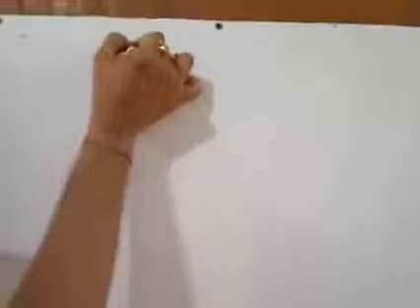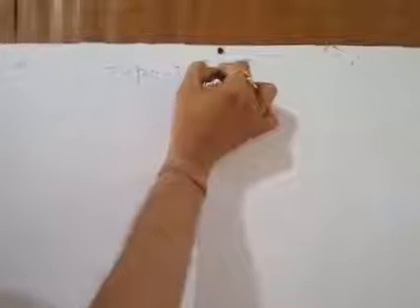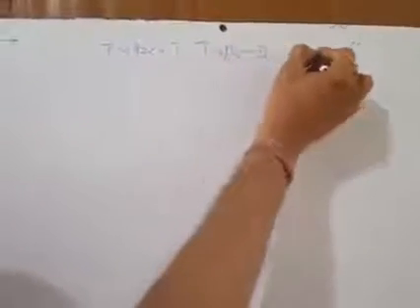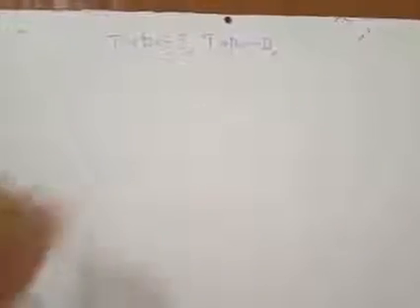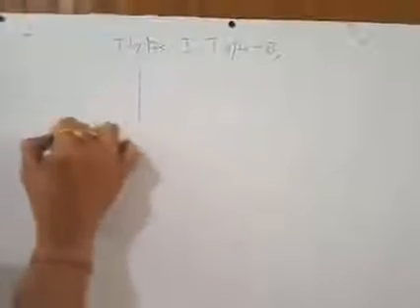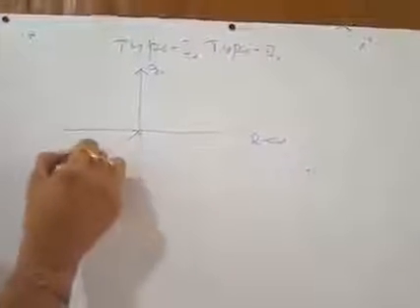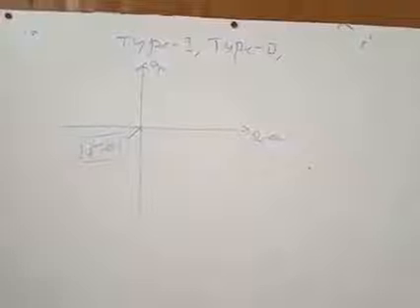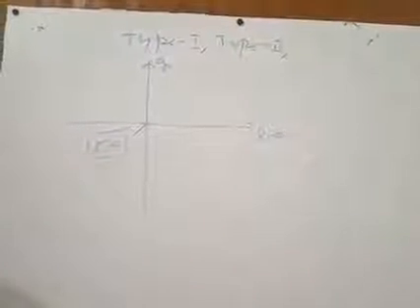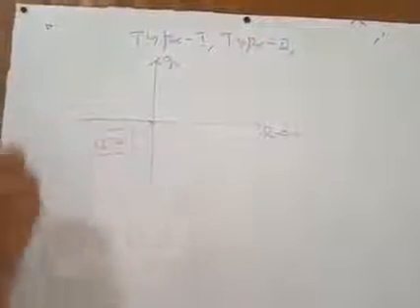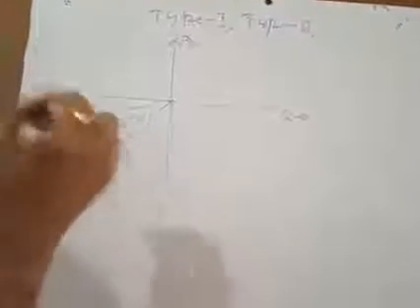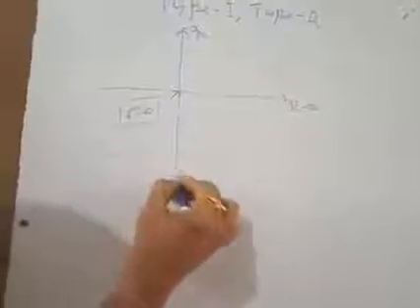For type 1, type 2 and so on systems, we will take the Nyquist contour like this. What we have to bypass? We have to bypass the origin, at s equal to 0. At this point the function becomes non-analytic. So this point is known as the singular point, and we have to avoid it. How to avoid this part? We will redraw the contour like this.